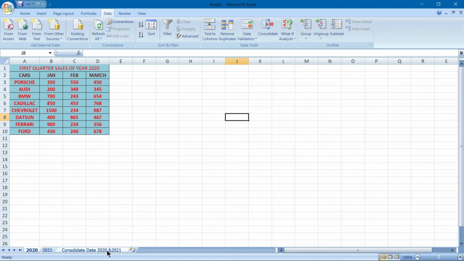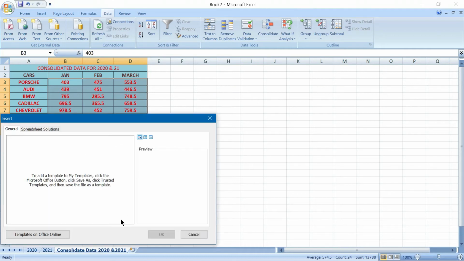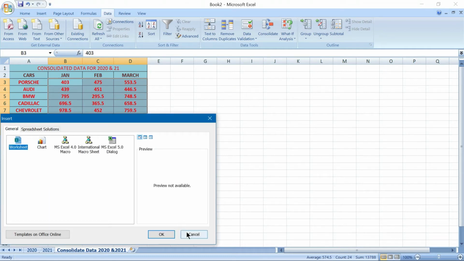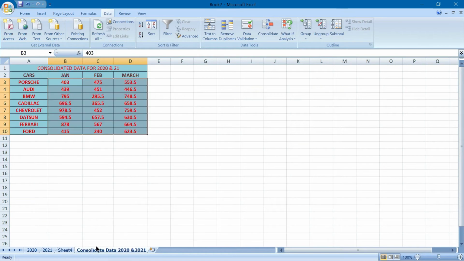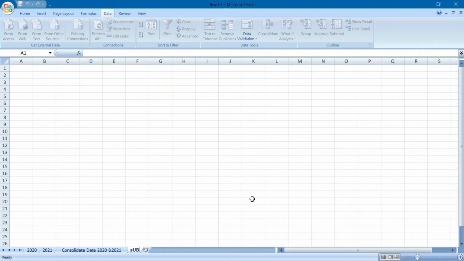For this we have to add a sheet. We have to add a sheet over here. We will do the same thing over here. So we insert a particular sheet. Then we will see the worksheet out here. Fine, then click on OK. So take it over there by swapping like this and then write it. Then I am doing the subtotal. Fine, you see out here how to do these things.